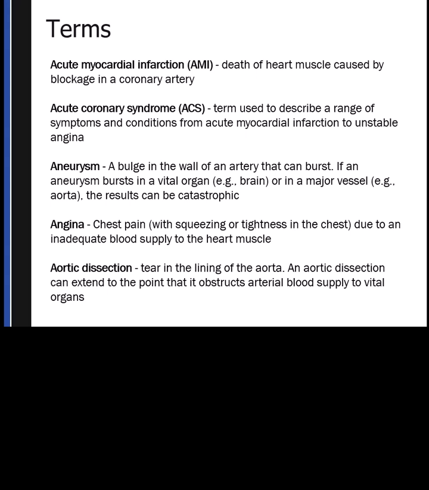Yes? So you're saying that it would kind of flood underneath the tunica adventitia? Yes, exactly right. So what it would actually look like here is that as this blood continues to accumulate and goes into here, this is what your tunica adventitia would eventually look like. So then what would it do to the muscular part of the